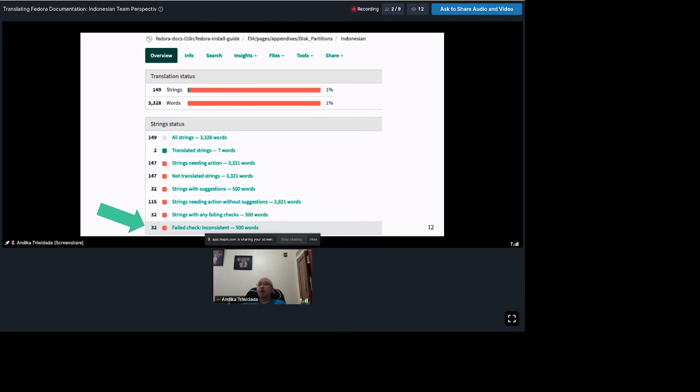So every translator will mark this module or that module as being translated by whom. So in that case, we can avoid duplication.